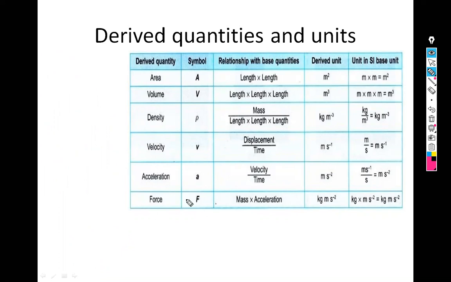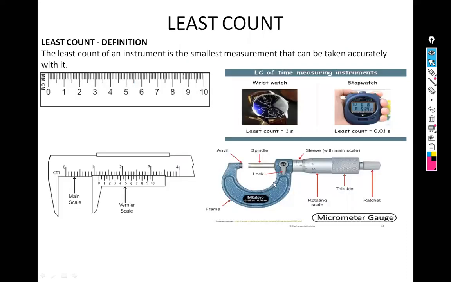Now let's move towards the next article, please. Look at this one very easily. There are three instruments in your syllabus. One is the meter rule. Look at this, what is this? This is a meter rule. This is one caliper, not in your syllabus nowadays. That's the clocks or stopwatches. That's your micrometer screw gauge. We will discuss all these and it will be the end of the chapter. Almost 80% end of the chapter.